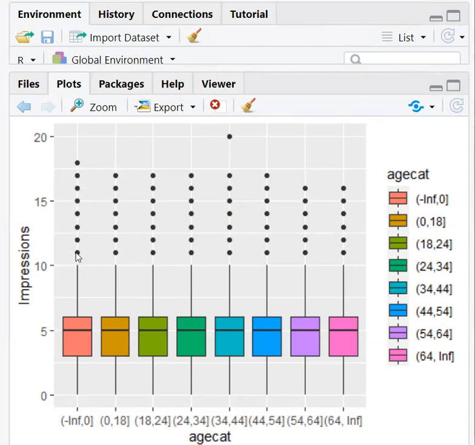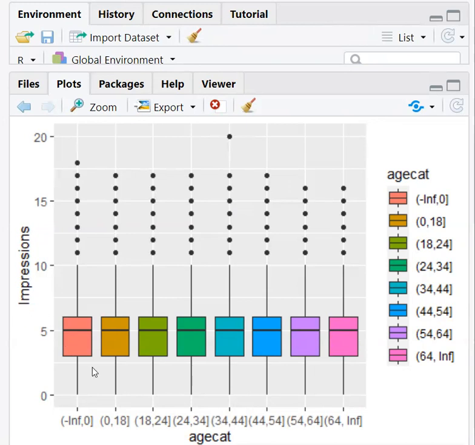So outlier values are plotted like this, individually as dots. So this is a box plot, and you can read more about this box plot graph. In this 34 to 44 range, that is having a value 20, so that is an outlier.